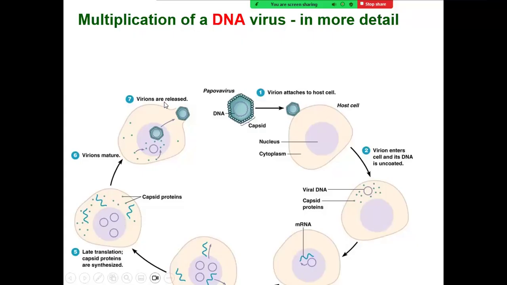usually either by the budding life cycle, in which case the host cell generally remains alive and the virus can bud out, or it can be released by the lytic life cycle, in which case the cell is lysed, the cell dies, and that will be releasing the newly replicated virions, which are then outside the cell, which can then attach to another cell, starting the viral multiplication life cycle. Any question about this viral multiplication life cycle?